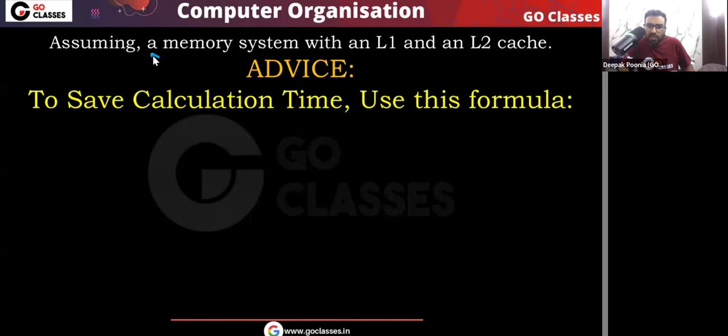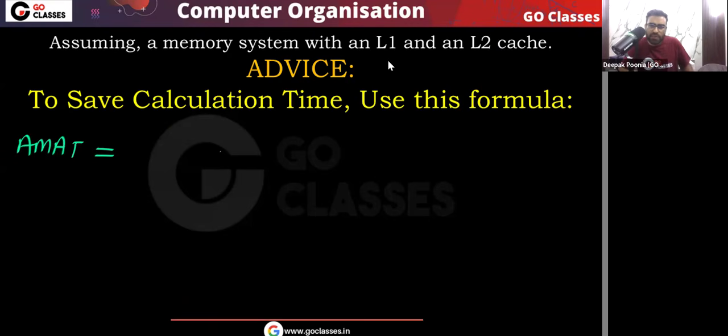When we have multi-level cases, to save calculation time, use this formula. Which formula? The first formula that we have seen. Because the second formula and the first formula are the same. If you simplify the second formula, you will get the first formula. So to save calculation time, always use this first formula, that is average memory access time